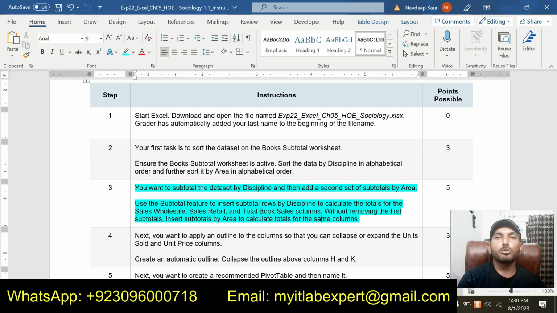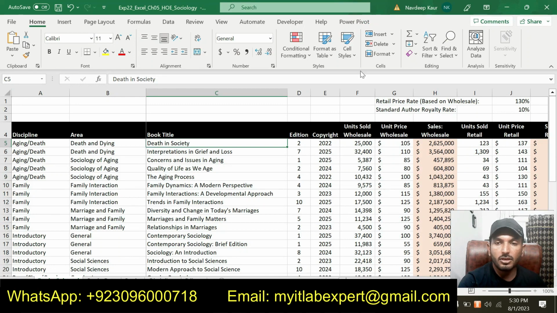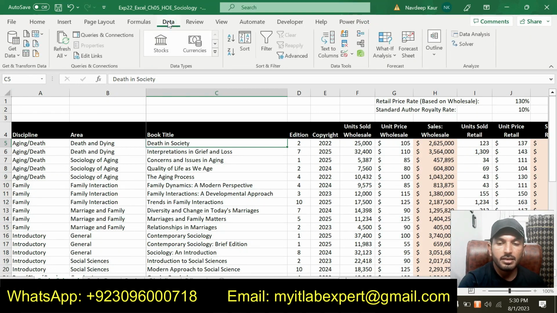So now we are supposed to insert the subtotal rows, and the first subtotal is by the discipline and the second subtotal should be by the area. And we are supposed to calculate the total for three values, that is sales wholesale, sales retail, and the total book sale. So let's move to the sheet and click on the Data tab.